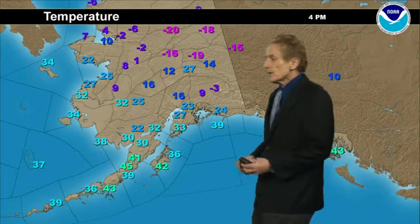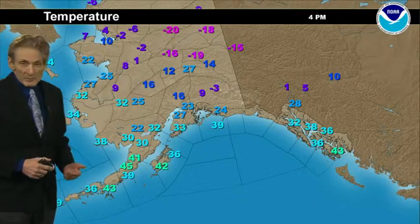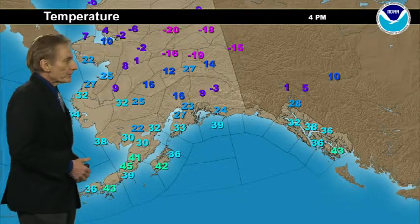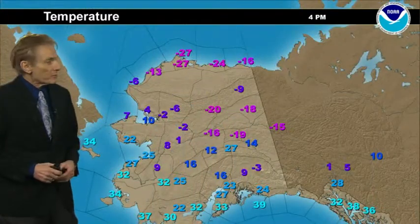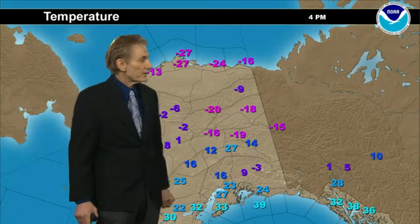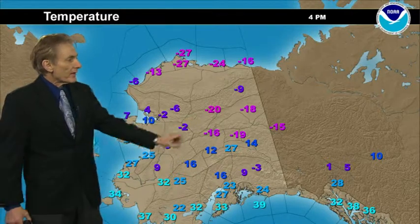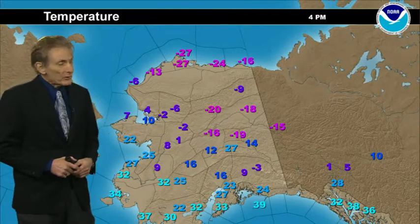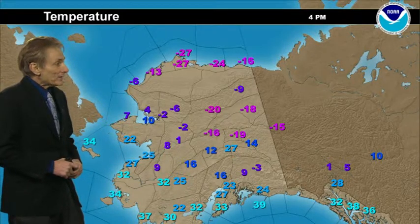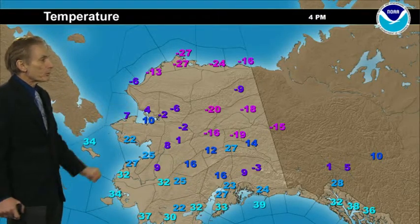Temperatures today is a -3 at Gulkana. These are all 4 o'clock readings, with lower to mid 30s to lower 40s there. Ketchikan 43 degrees this afternoon, 28 up at Skagway, 19 below at Fairbanks, with quite a range here to 14 above over at Delta. Then back down to -15 at Eagle, with a 20 below reading at, I think that's Anaktuvik, with -9 at Arctic Village, and kind of a chilly day up there along the Arctic coast with upper -20s for the afternoon temperatures. Again at 4 p.m., 27 below at Barrow to -6 at Point Hope, and 4 degrees there at Kotzebue,